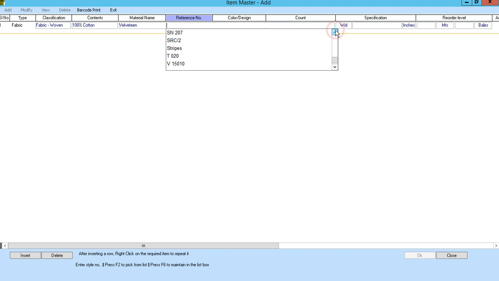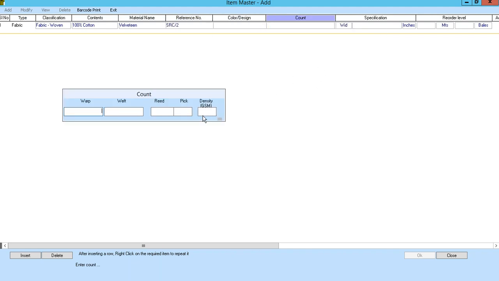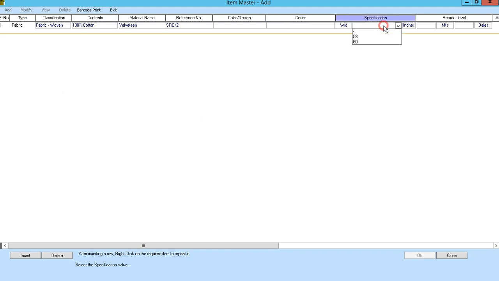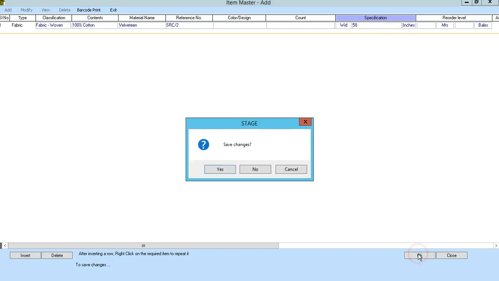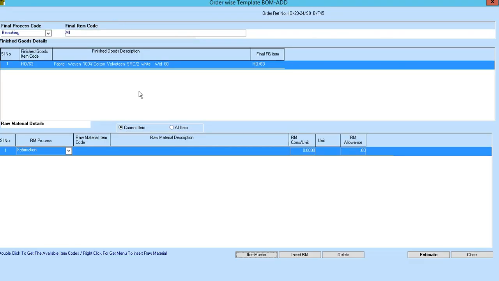SRC2. Okay. Then it is no color. Leave the color blank. Count not required. Width, yes, you can add the width, 58 inches width. Click OK. Exit. Okay. Now